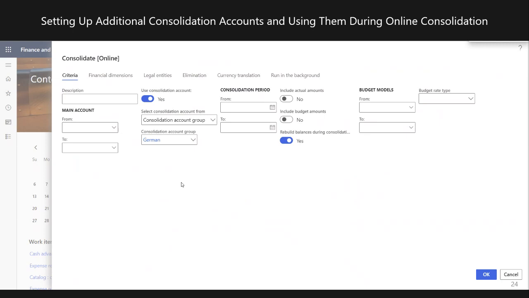The last question here in the chat is that they're trying to do a consolidation, but they're using the financial reporting consolidation, and the question is about exchange rates for the reporting currency. All the consolidations that are done in financial reporting rely on their exchange rate to convert, and there's no other option there. The online consolidation does have, it was a feature a couple of years ago, that if your accounting currency is the right